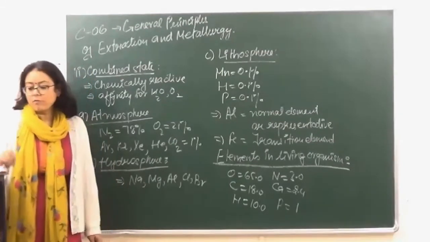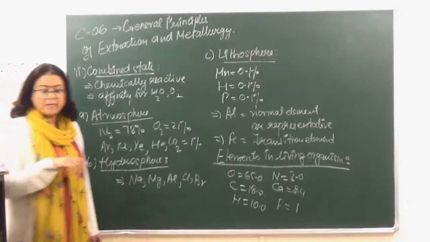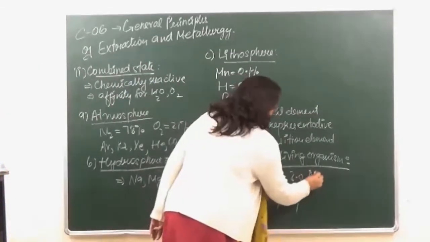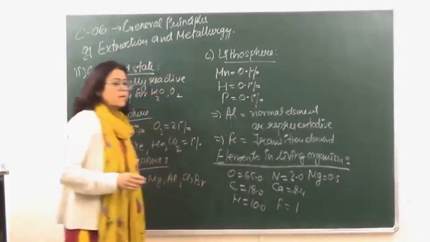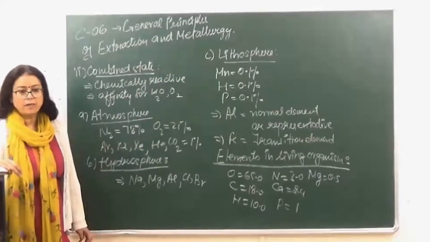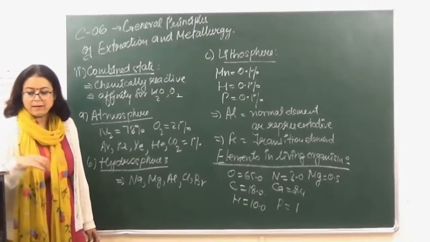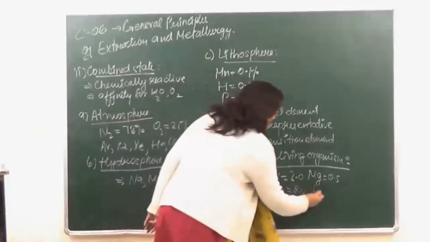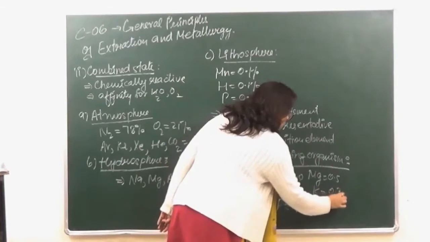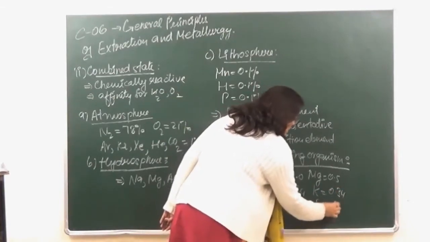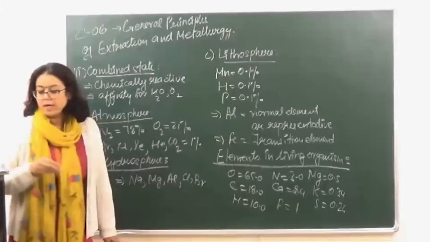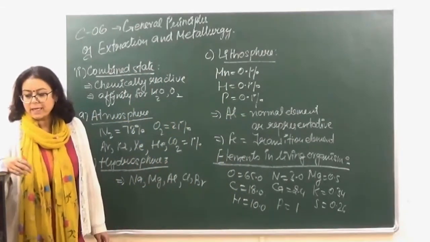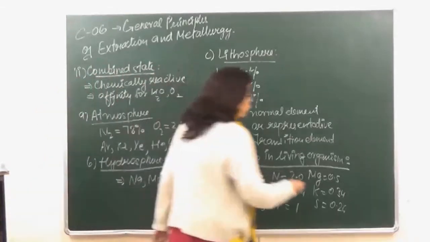And फिर उसके बाद phosphorus के बाद हमारे पास आता है magnesium 0.5. Magnesium, that is a major constituent of chlorophyll. Alright, then we have potassium 0.34, sulfur 0.26. Okay, फिर sulfur के बाद हमारे पास आता है sodium 0.14,